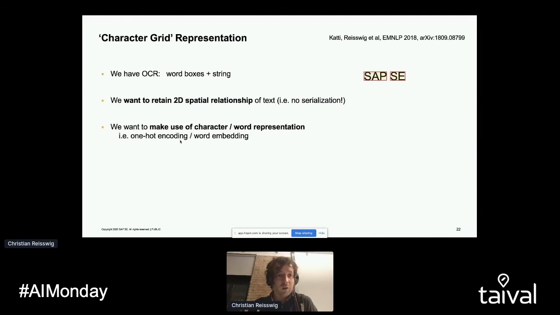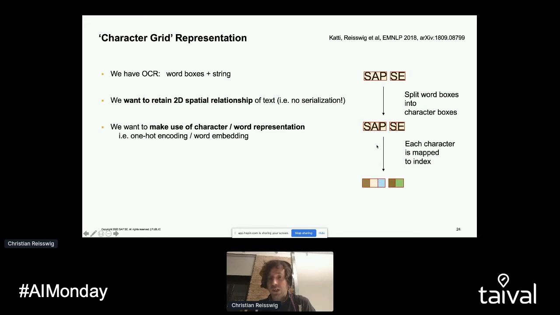And that's where our idea comes into play, the so-called character grid representation. Feel free to also check out the paper that we submitted to EMNLP some time ago with much more details. So the idea is as follows. You have some string on the document page, in this case, SAP SE, those two words. The OCR engine returns the string to you, but it also gives you the bounding box of the word. And you can split up the bounding box into character boxes, and then for each character you can map to the same constant index,